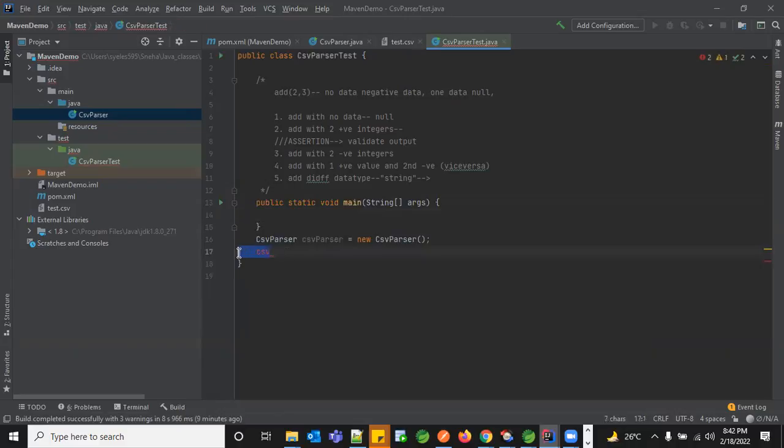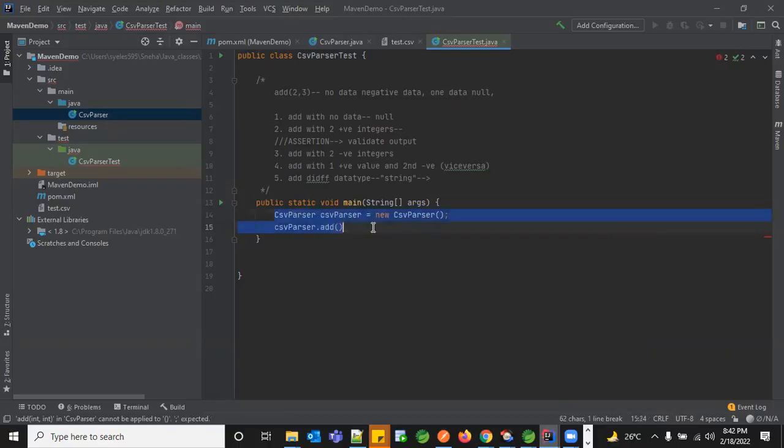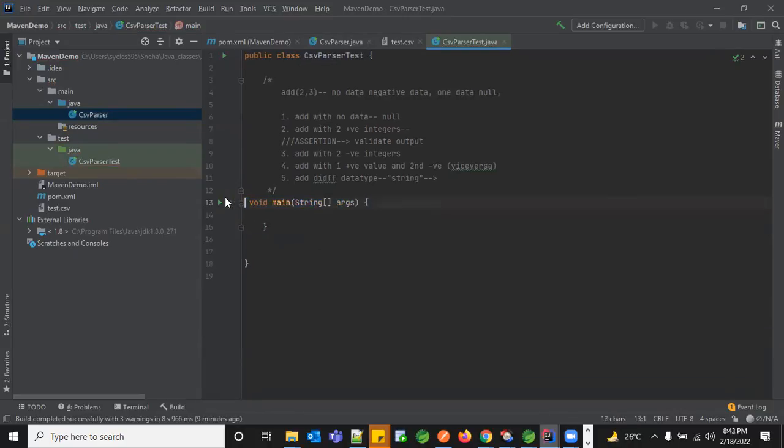right now I don't have the test dependency, so I might end up with an error. I'll just show you in the main method. So CSVParser dot add, right? In this, all this entire piece of code will be executed in a main method. There's no need for this to be a main; it can be any method. So here I'll pass the positive values for the first time, and this will return me some value, right?